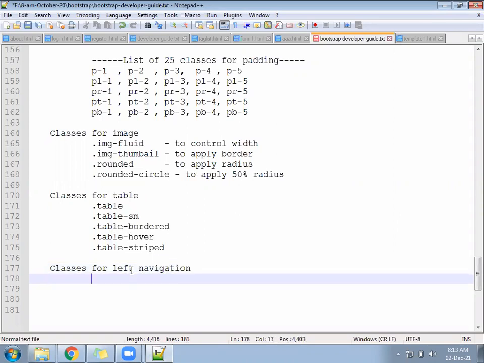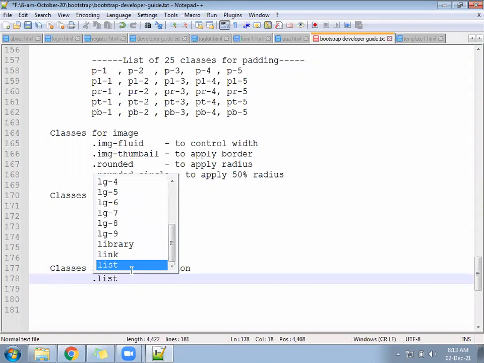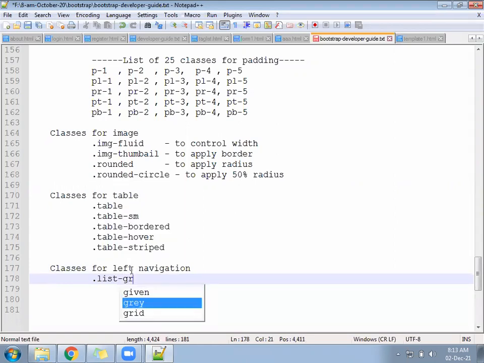Classes for left navigation. What are that? We have a class called list group.